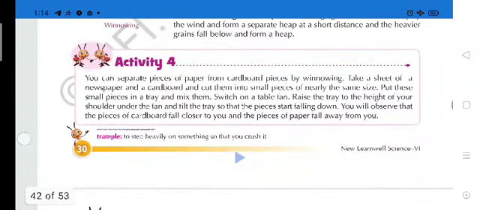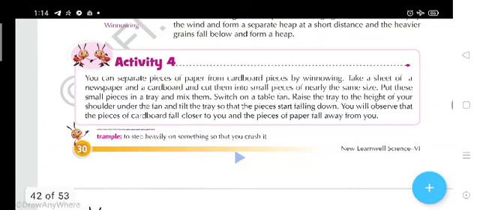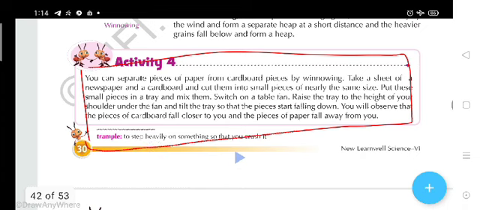In this activity also, students, the same thing you have to do, but instead of grains, you have to take some small pieces of newspaper cutting and same size pieces of cardboard.